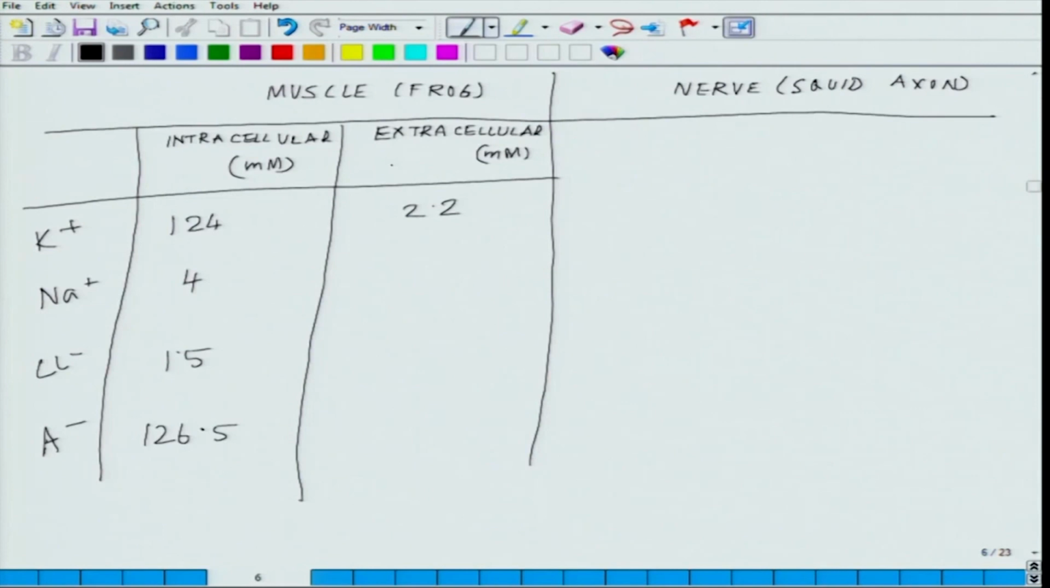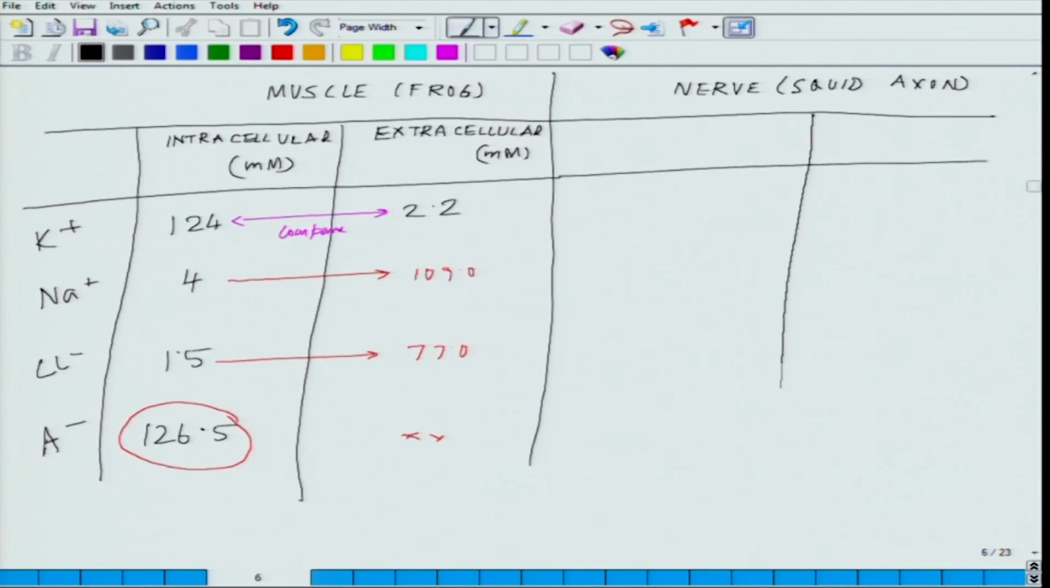If you compare these two values out here, you will see potassium is very low outside, whereas sodium goes up out here, it is almost 109.0, and chloride is very high outside, 77.0, and there are no anions outside because all the proteins are inside the cell. Now, talking about the nerves, again the same way we are dividing